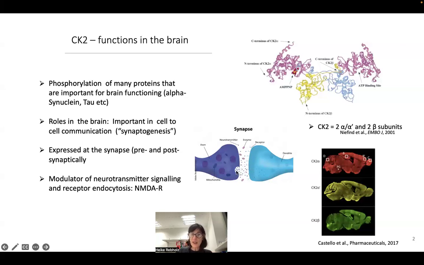And then this cell receives that chemical message and then knows how to respond to that chemical message downstream of it. And so we know that CK2 has substrates that are really very much important in mediating that communicated signal